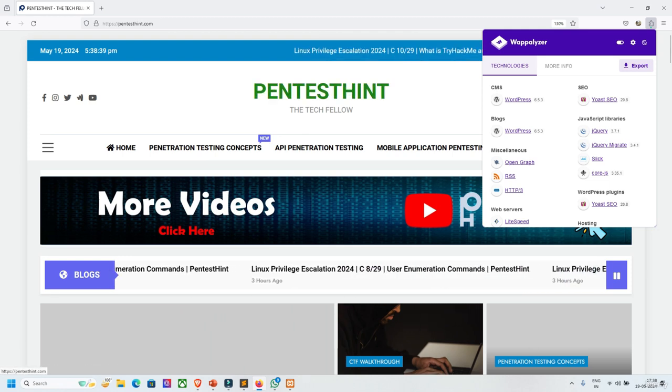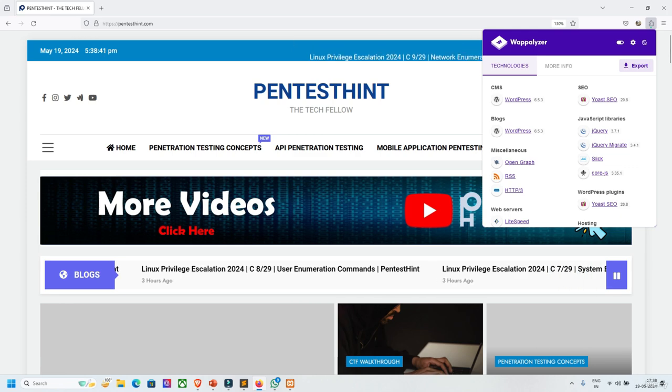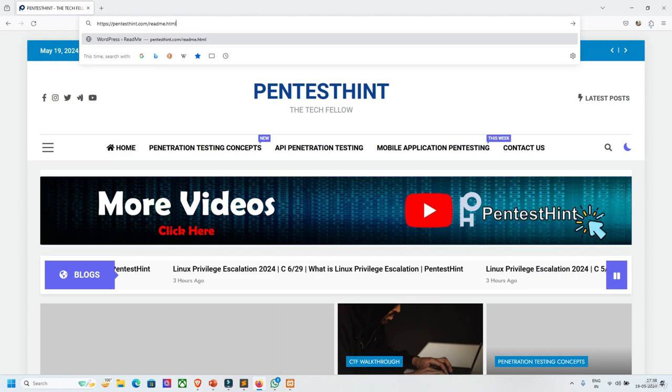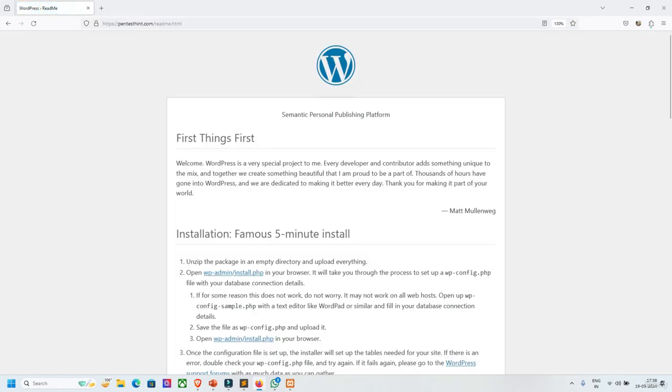The second option is that generally in a WordPress site there is a default file which is readme.html. So pentesthint.com/readme.html, whenever you just visit this page, you can see the WordPress logo. That means this website is developed in WordPress,